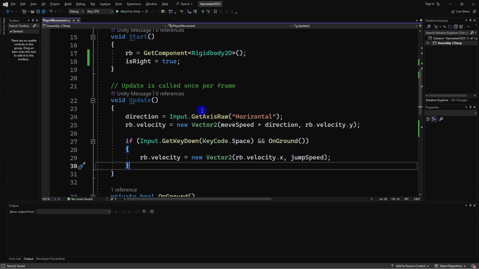If the left button is pushed. Okay, any other answers? Velocity of x. What condition though? Velocity of x is just a comment. Equals 0, less than 0, okay? If your direction is not the same as the is right value. Yes, so if your direction is not the same as the is right value, how do we